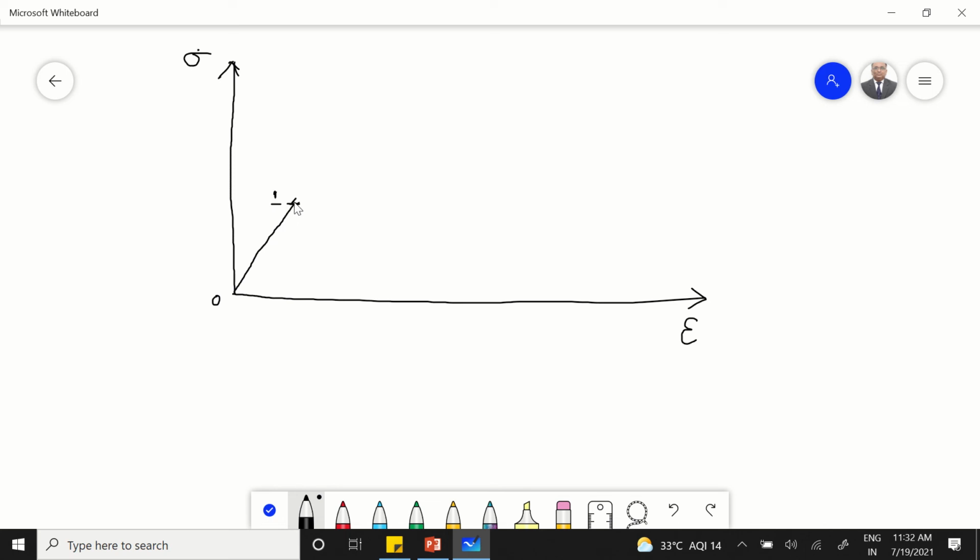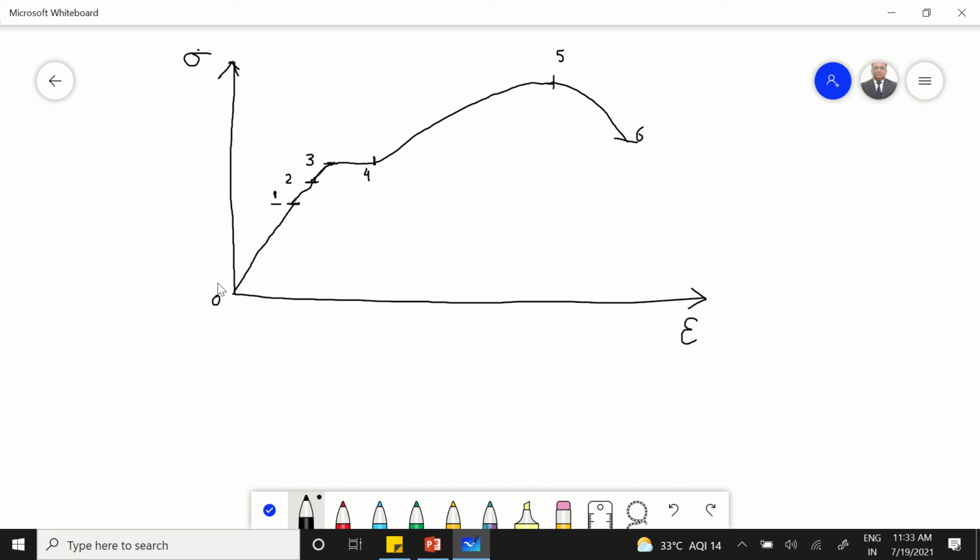Then there is a little bit of curve; it will bend and follow like this, and here comes point number 2. Again there will be a complete bending here, and here comes point number 3. Then it follows a constant line, and here comes point number 4. After this the curve will go like this. It becomes horizontal for some time and reaches its maximum capacity at point number 5, and after 5 the load begins to reduce and it fails at point number 6.